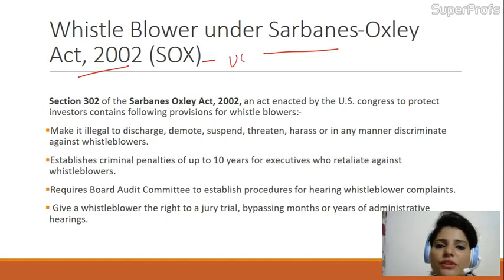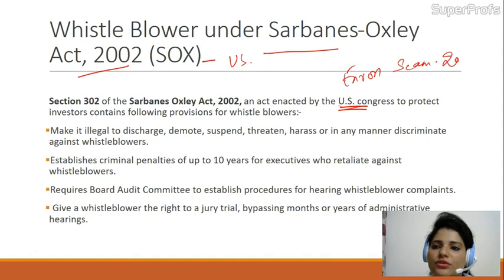This act was passed by the US Congress in the year 2002 because of a very big and famous scam of that time, the Enron scam, which took place in the year 2001. We'll even be discussing this case study in the coming slides. It was a very big scam on a very large scale. At that moment of time, the government thought that there lacked a mechanism, and that mechanism was the whistleblower, because the Enron organization was